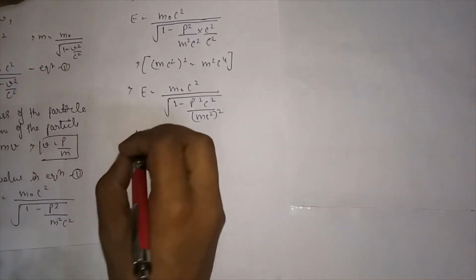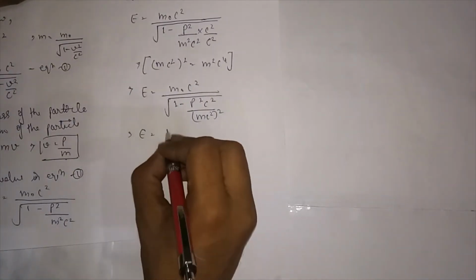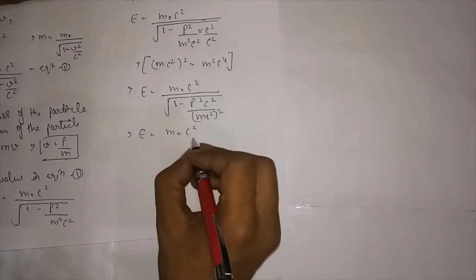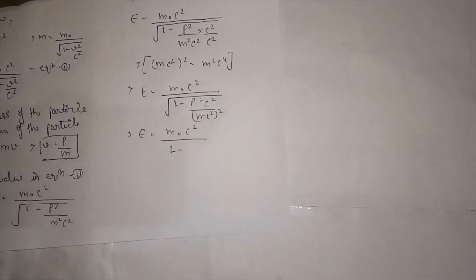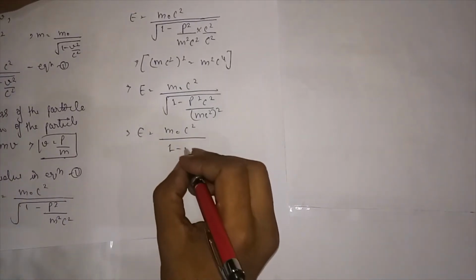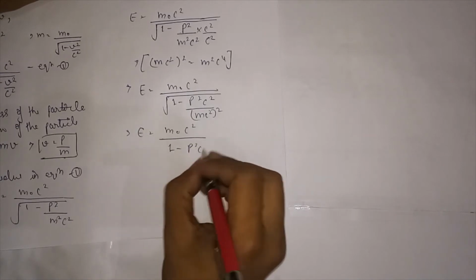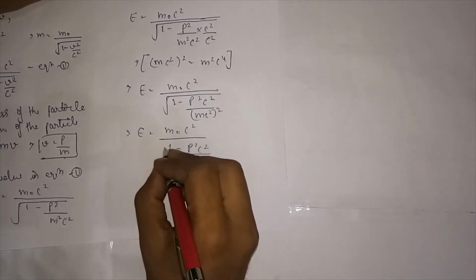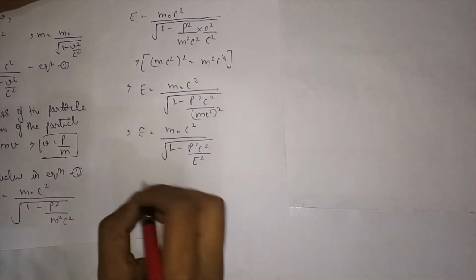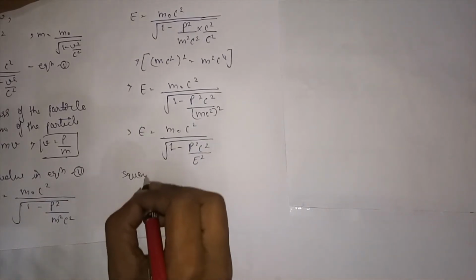Okay, implies E equal to m naught c square upon under root 1 minus p square c square upon E square. Now squaring both sides,